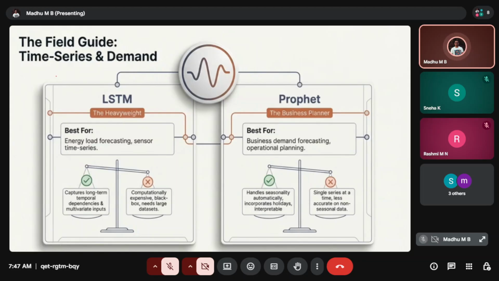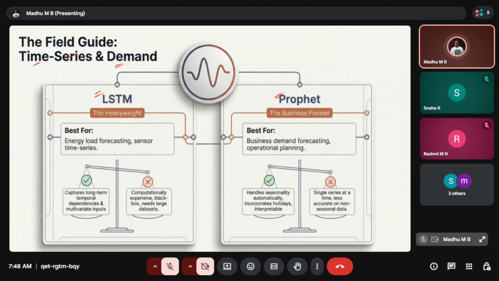Now let's understand when we need to use time series and demand. Let's say we have selected two models, LSTM and Prophet. We will deep dive into these models in the next session, how exactly these models are built technically. For now, you just understand where exactly these models fit.